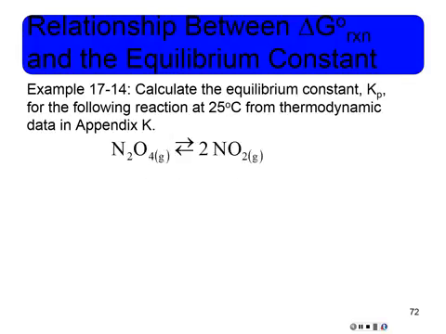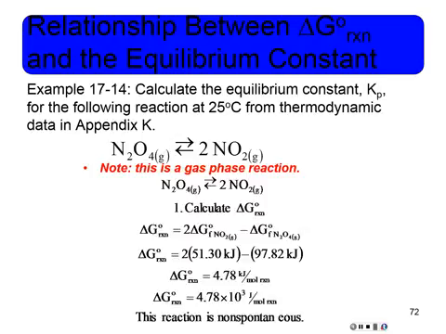Another way that we can use this, so I'm just going to walk us through this. We have a gas phase reaction, so we have Kp. Our equilibrium constant is Kp, just meaning that the values plugged in are pressure values. So if we were asked to calculate Kp this time, we're looking for